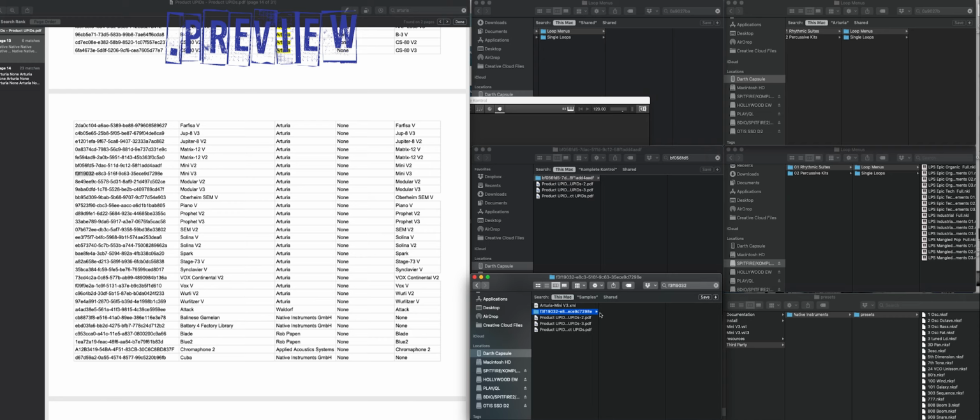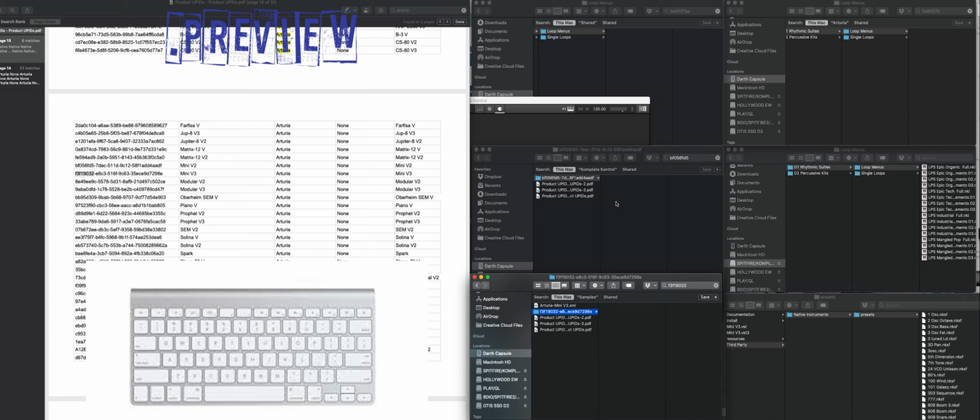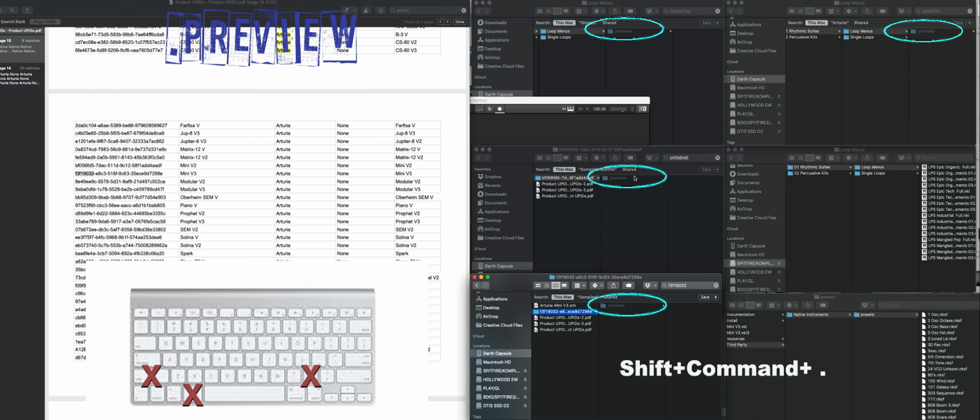Here's the thing that years later I learned in a thread. As you'll notice, nothing's showing in these folders, and it's extremely frustrating. What you have to do if you are a Mac user, you hit Shift, Command, and period, and boom, all these gray folders appear. And these gray folders are the preview files that need to go into this folder of